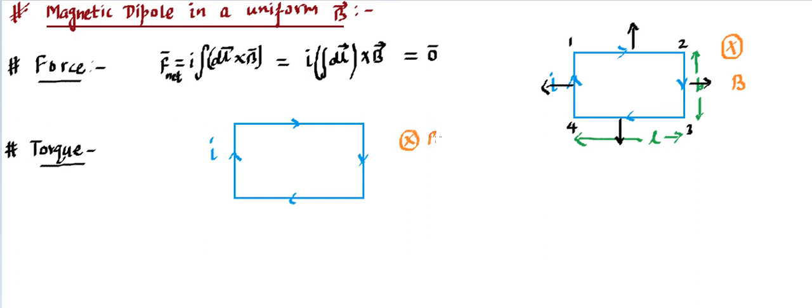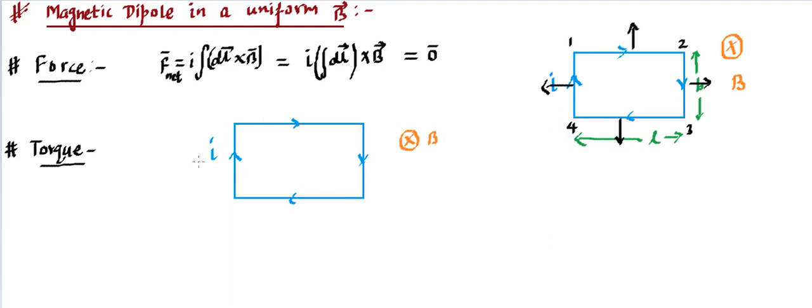And length and width are L and B, as we have already talked about. And let's say we are disturbing this loop by a certain amount. So when we want to see whether the torque is acting, what you do is rotate it a bit. After rotating a bit, you release it. Now if it starts rotating faster in the direction you rotated, that means there is a torque in that direction. And if it comes back to the original position, that means there is a restoring torque.